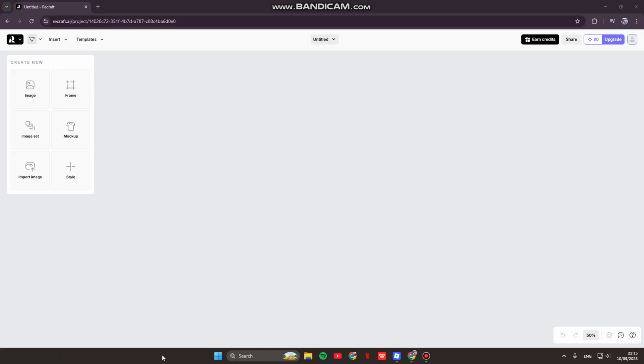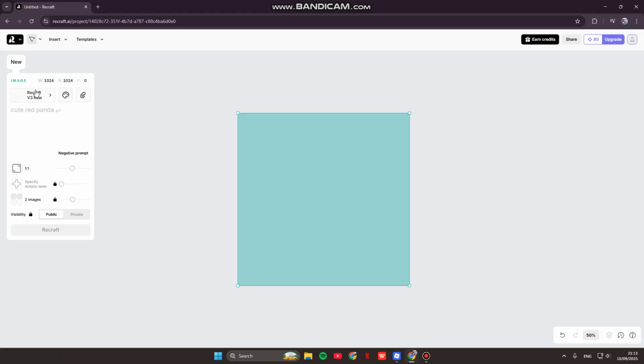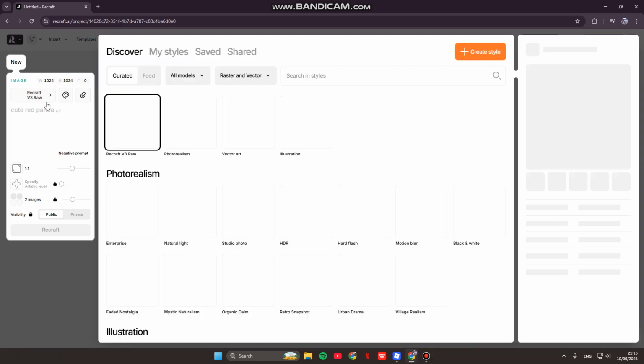So the first step that you need to do is set up your Recraft workspace. You can just go to Recraft AI and start a new project in here and select the image options in here. And here you'll be asked to change the model. You can click on this option and click on this drop down. After that,